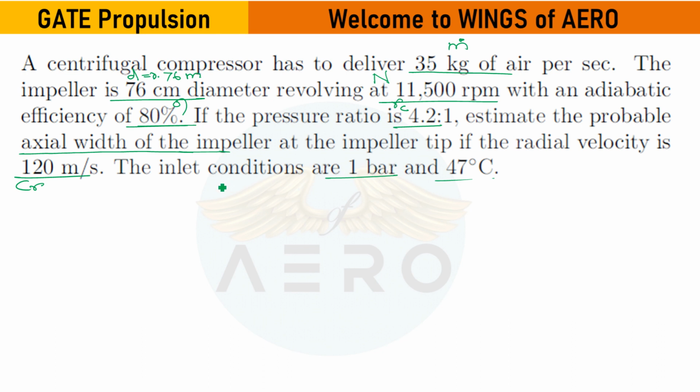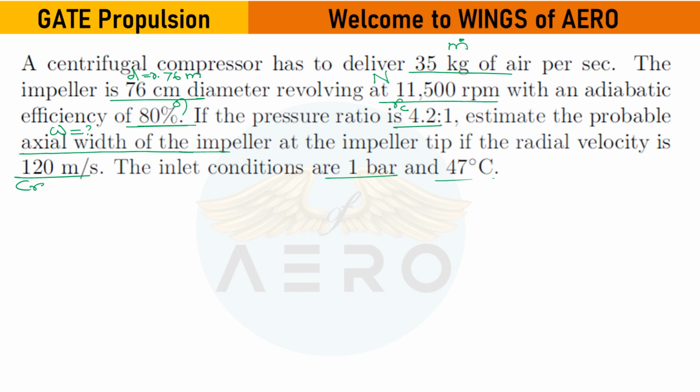So here in this question, neither they have mentioned whether it's without inlet guide vane or with inlet guide vane. If they have not mentioned any type of scenario or backward or any other thing, you have to go with a general configuration. Neither you have to take without inlet guide vane or with inlet guide vane. Now whenever this kind of questions come, you have to write down a couple of formulas to relate this with the unknown factor. Let's consider the width as W. This is the thing we have to find.